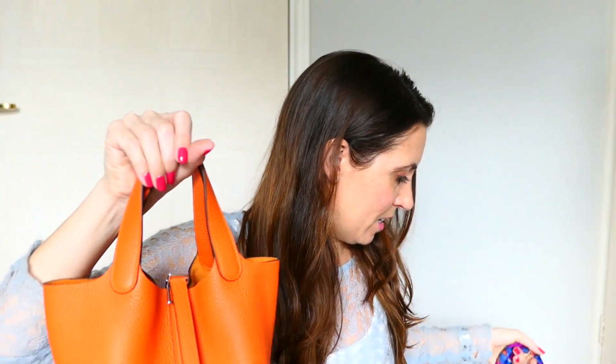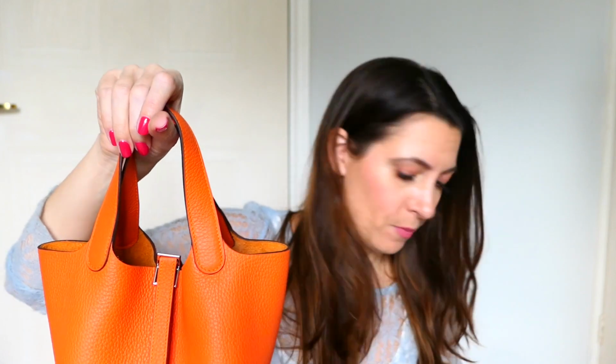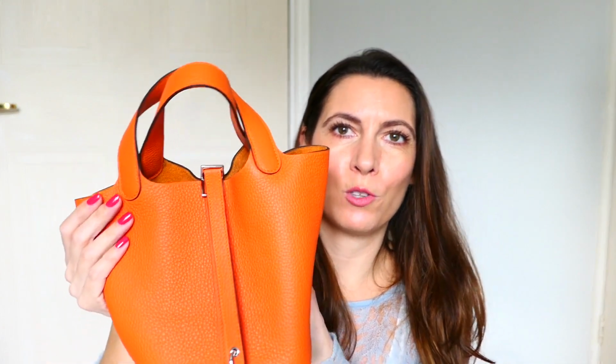It's just, I think it's a really, really wearable colour actually. So, going back to the receipt. Sac, Picotin, Lock 18, Twilly and Clements in 9J Feu. So this was £1,960 if anyone wants to know. So it's one of the more entry level Hermes bags, but you've still got the workmanship in terms of,